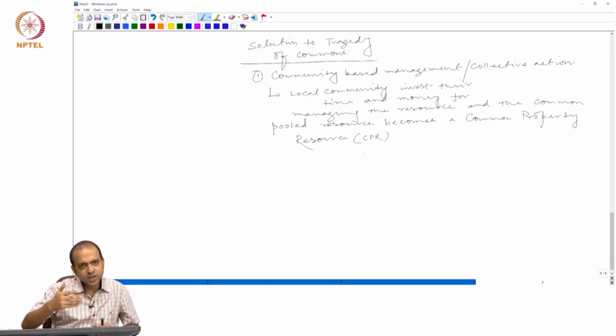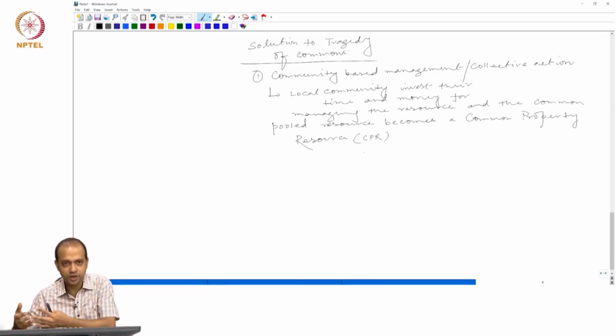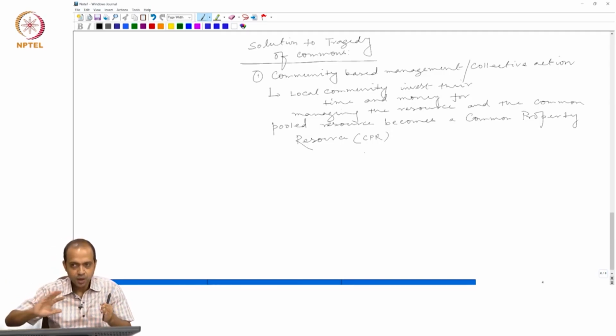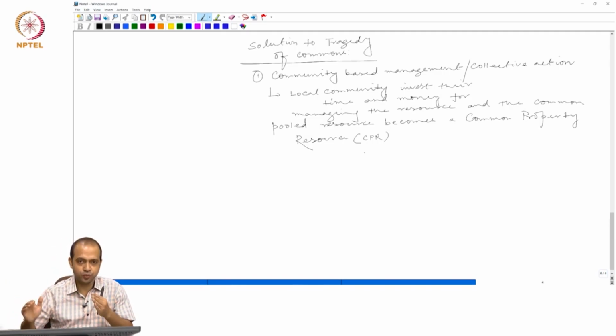So, community based management, like a decentralized governance, because the central planner has less information about the local resources. That is why power is given to the local community, and the local community decides about the institutional arrangement. They put their time, money and energy into managing this resource, and that becomes community based management, a common property resource. And community based management becomes successful when each and every individual in that community